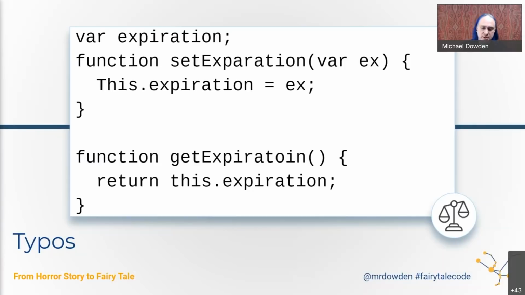But the challenge here is that when we're trying to modify or refactor code over time, when we are trying to find, for example, every place that expiration is used so we can make a code change related to that, if there are misspellings, such as the ones in this example, that's very hard to do, because most of our tools do not do a very good job of providing alternate spellings of the code we're searching for, which means if there is a typo, we simply won't find it.